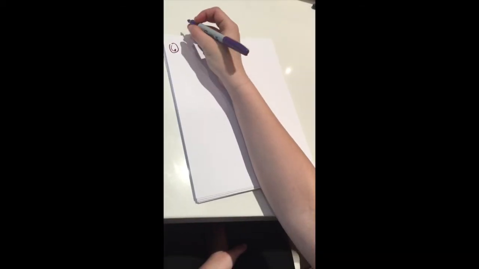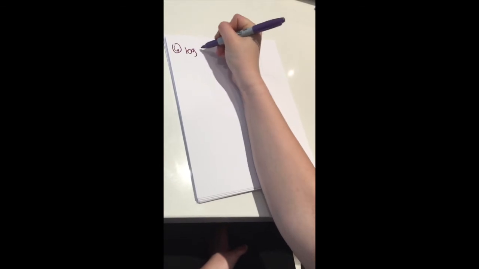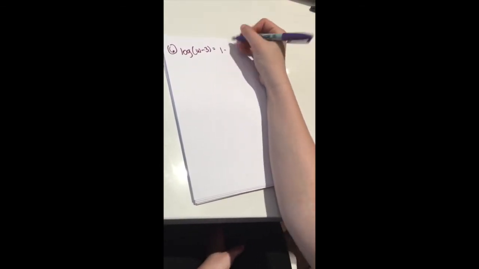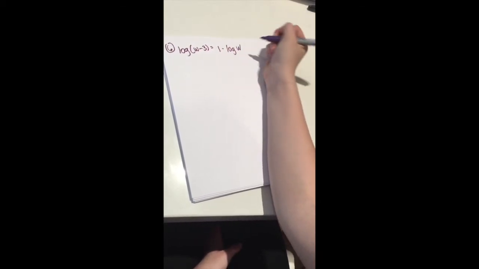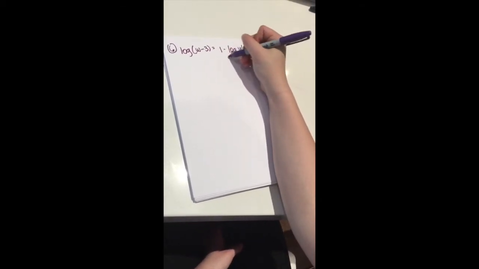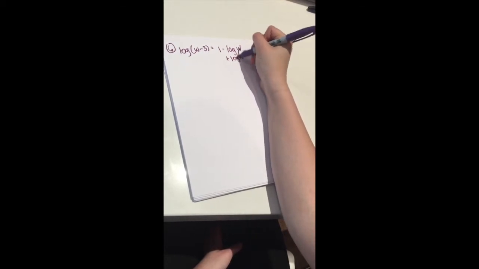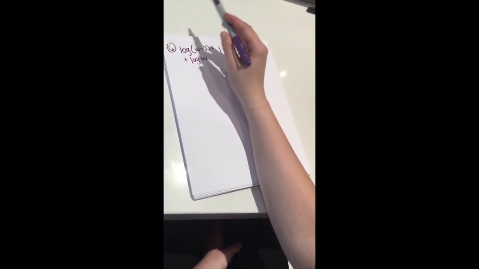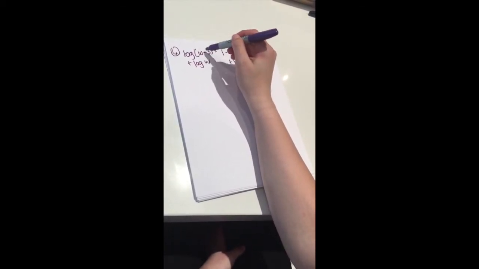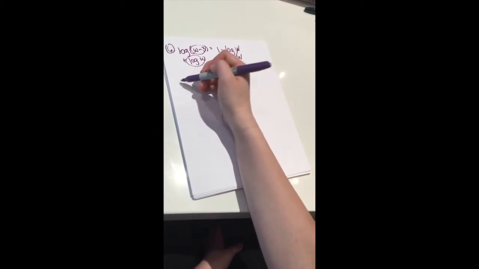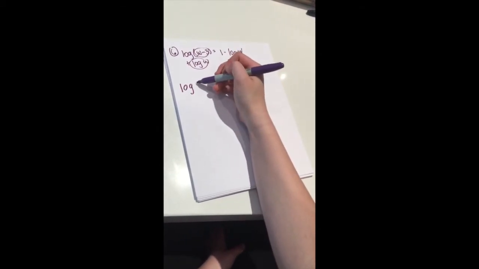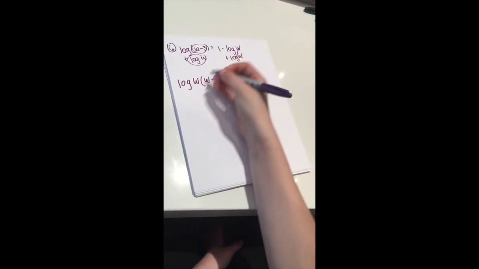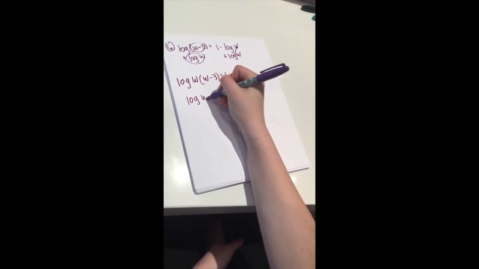And final problem. Log of w minus 3 equals 1 minus log w. So what we're going to do is add log w to both sides to get rid of this. Now we know that when we add logarithms, like we learned at the beginning, you can just multiply these two terms. So you get log of w times w minus 3 equals 1,